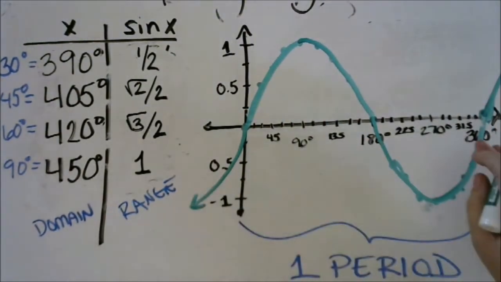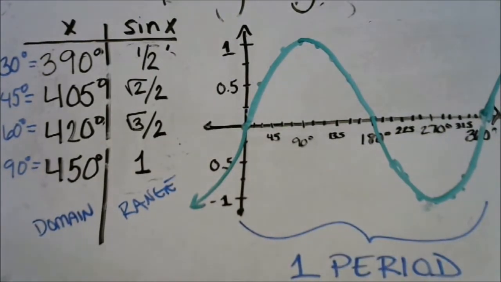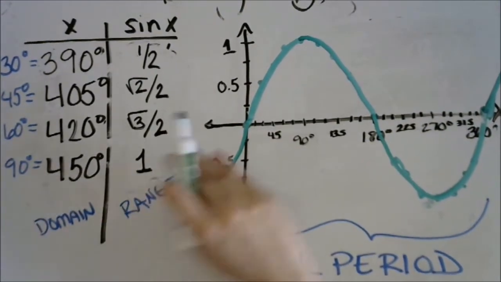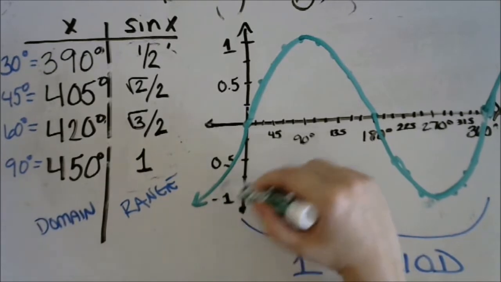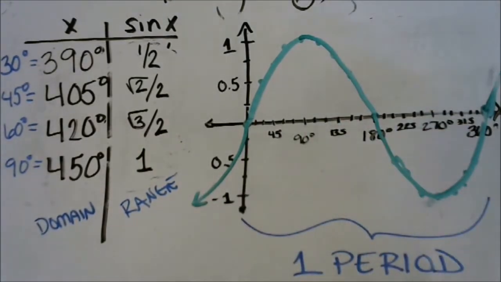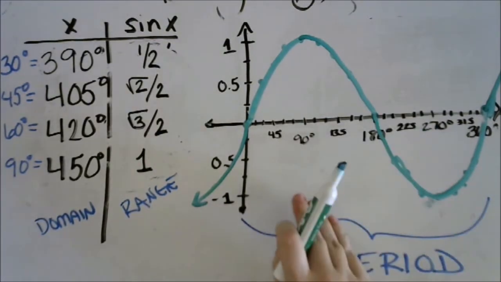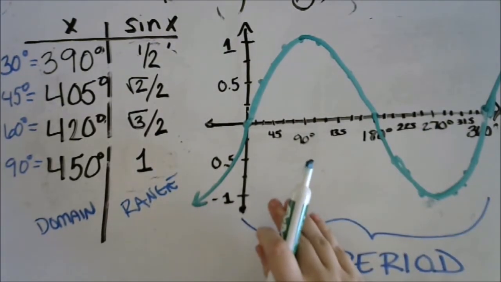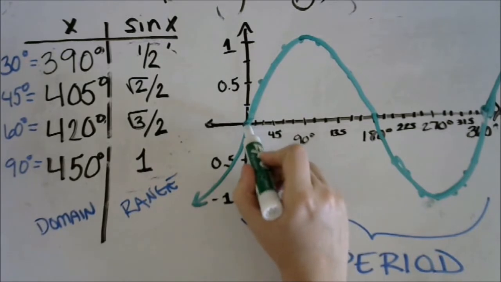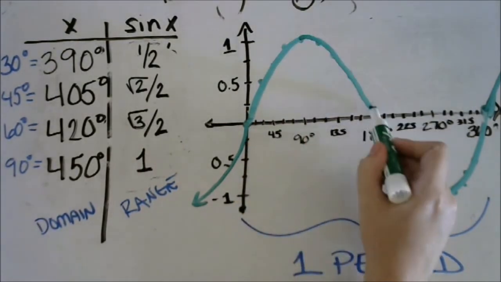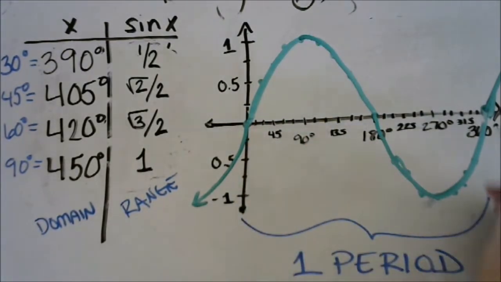In this example, that time interval or period is 360 degrees. However, as we practice graphing functions, we're going to see that this interval will change. So, in summary, sine is a periodic function. Its values range from 0 to 1 to 0 to -1 and back to 0